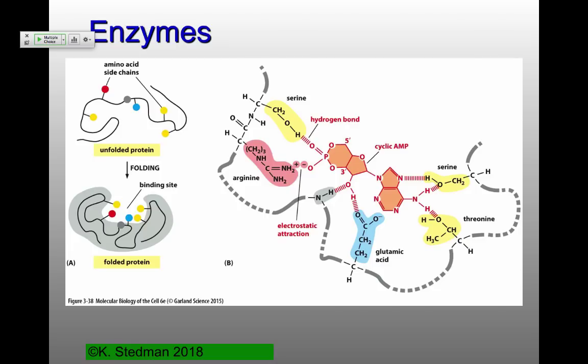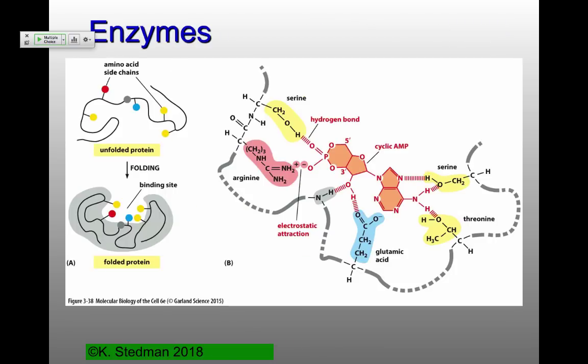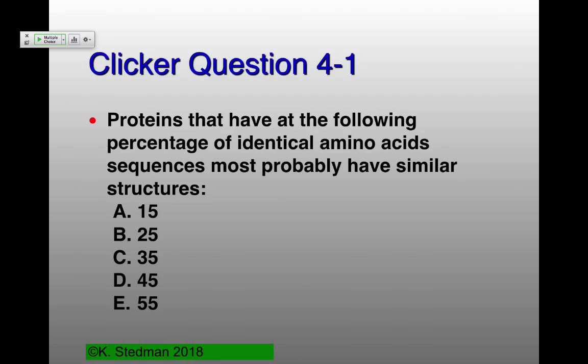Classic example of this is enzymes, but if we go back and look here at these amyloids, what's important here about these amyloids? What's important is this structure down here that they're interacting with. It's not all the rest of the protein, it's just this smaller piece. And we'll see this is true for the vast majority of proteins, that you have, for instance, all this gray part on this protein, which is,